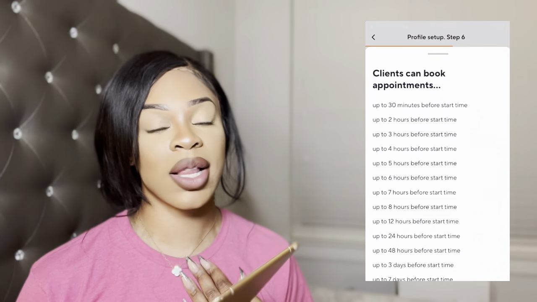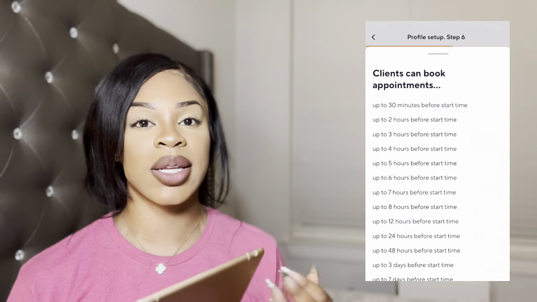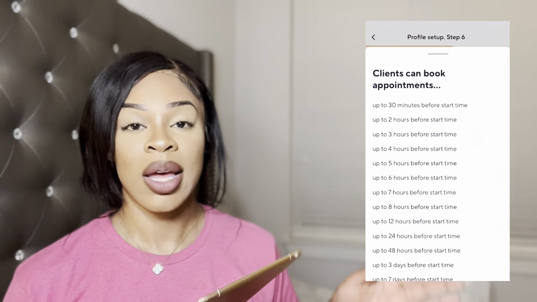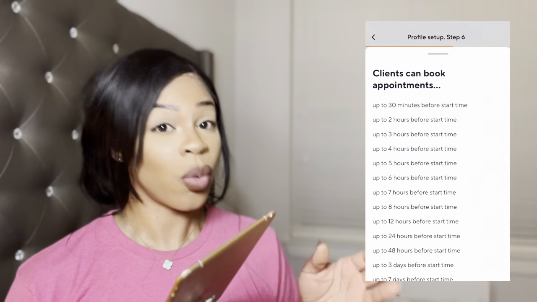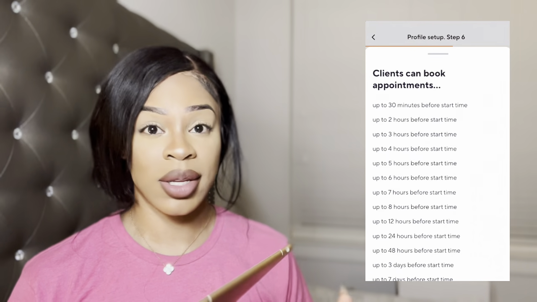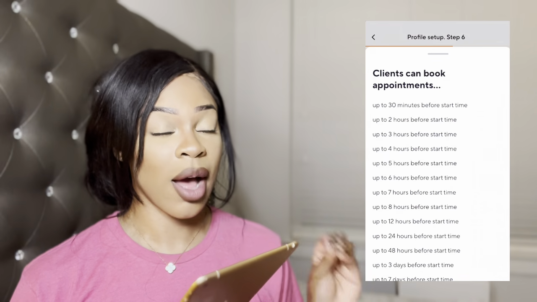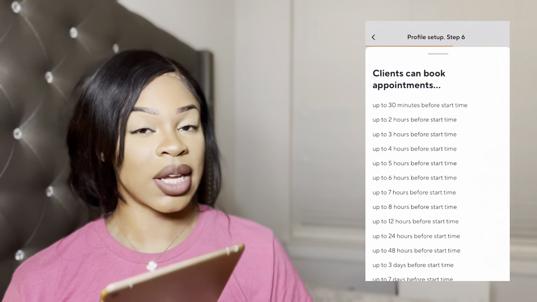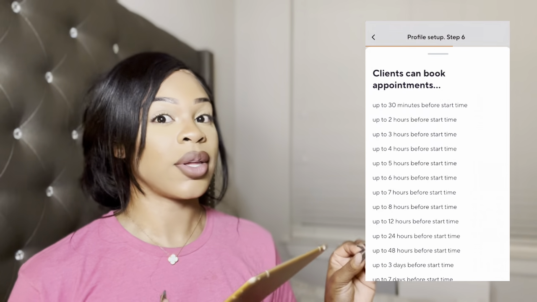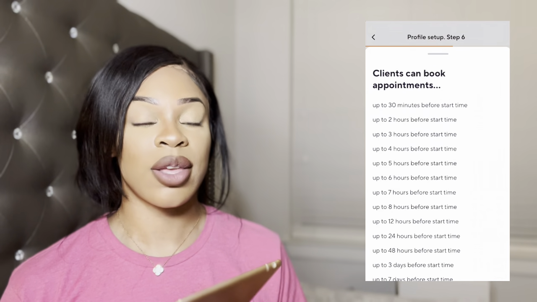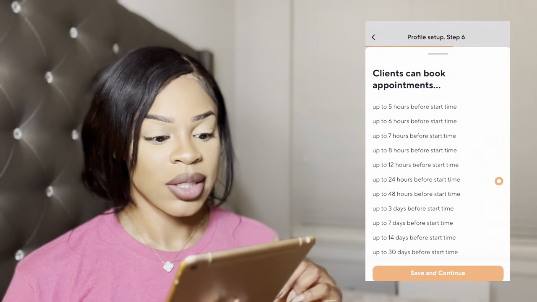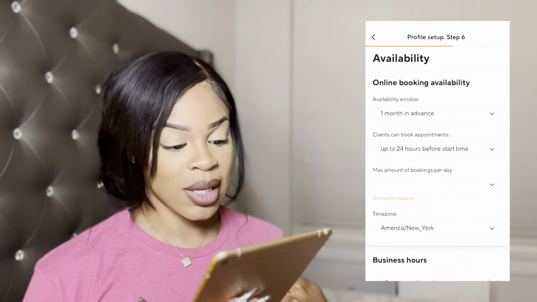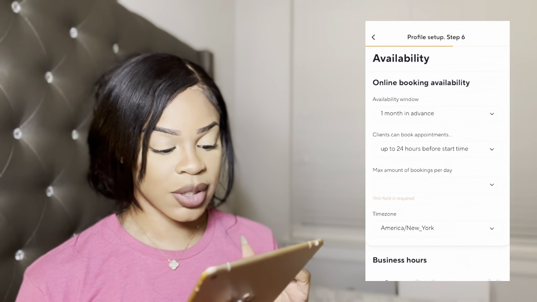But my thing is, I close my site the night before. So I always, before I go to bed, I check my site. If I don't have anybody for tomorrow, when I wake up, I'm not taking nobody. So I'm closing the site before I close my eyes. Because the worst thing is thinking you have an off day tomorrow and you wake up and you have a 9 o'clock appointment and you gotta rush to get ready now, or you gotta be unprofessional and cancel, which you don't want to do that. So I'm gonna say clients can book appointments up to 24 hours before starting.